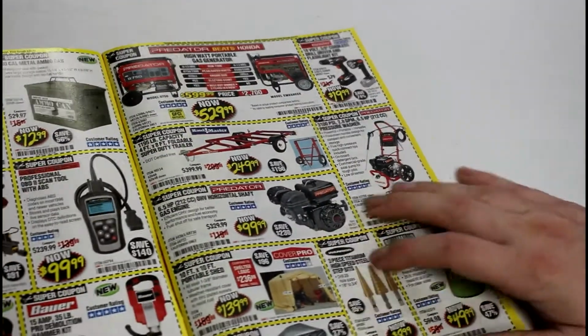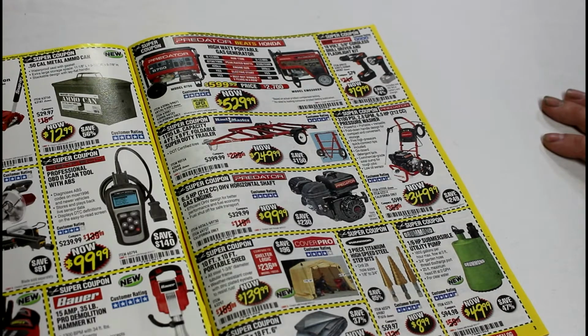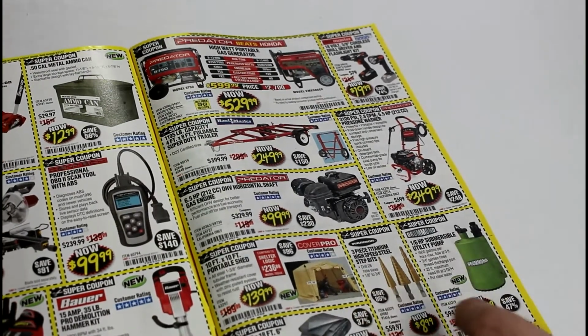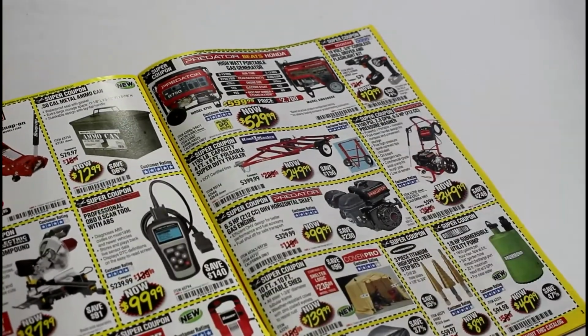The Warrior high-speed step drill bits, they're decent for thin sheet metal and stuff. That's the only thing I've ever used it on. Put a few holes in the firewall to run wiring or whatever else. And I kind of wonder about this utility pump. And this drill, if you're on a budget